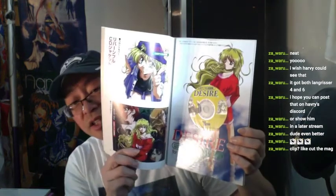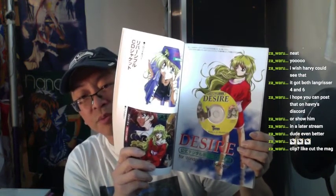Let's see, flip ahead here. Okay, now this is something kind of unique in this particular book, and I'll just show you what they did here. This book contains a Desire CD-ROM, which works for both Windows and Mac. The stuff you see on this side is the CD, but on the other side it's the CD jacket. So if you theoretically cut these out on the line, that will give you